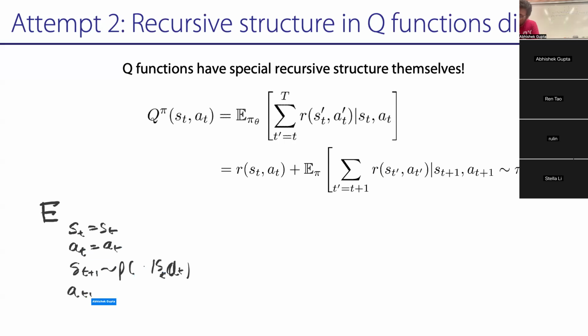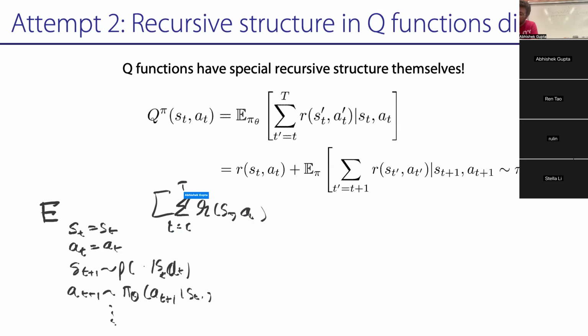Your A_{t+1} is going to be sampled according to your policy, and so on, right? That is your expectation. And you're going to say that is your sum of rewards from t equal to T to capital T, right? That is what our Q function is. So you're starting at s_t, you're acting according to a_t, and then you're following dynamics, policy, dynamics, policy, dynamics, policy,